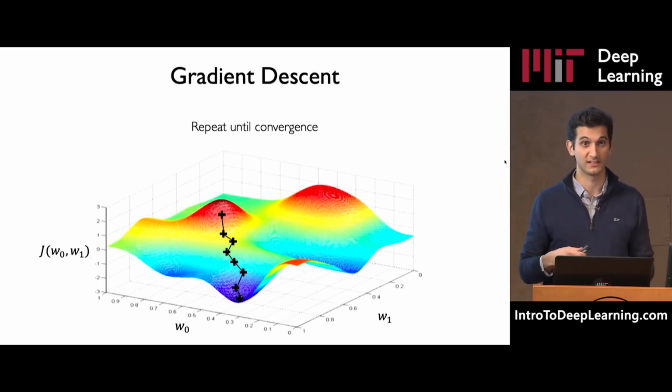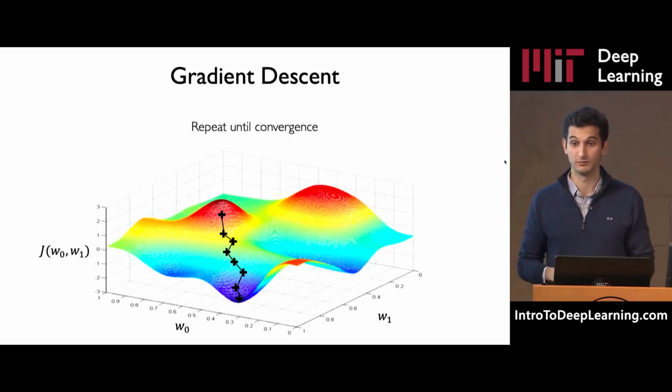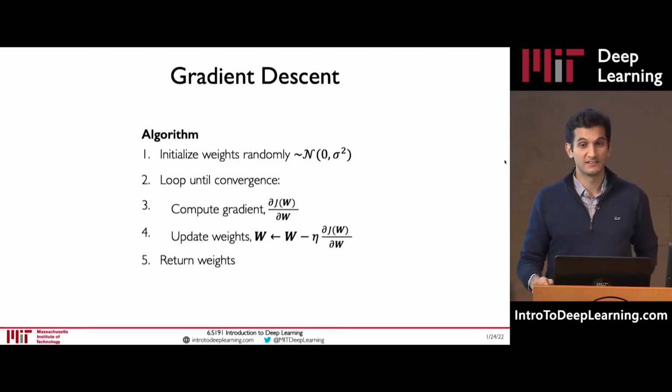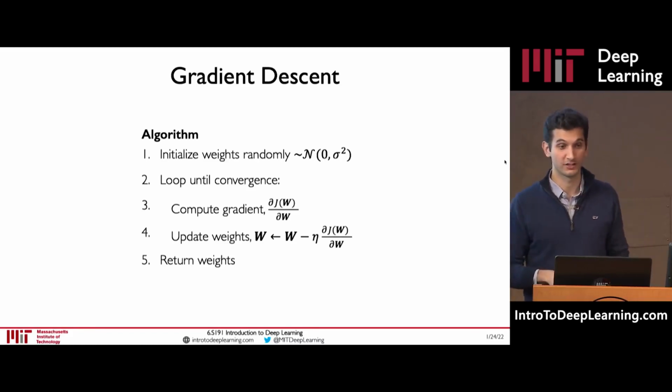We keep repeating this process. We compute gradients again at the new point and keep stepping and stepping until we converge to a local minimum. Eventually, the gradients will converge, and we'll stop at the bottom. It may not be the global bottom, but we'll find some bottom of our loss landscape. We can summarize this whole algorithm, known as gradient descent, using the gradients to descend into our loss function,